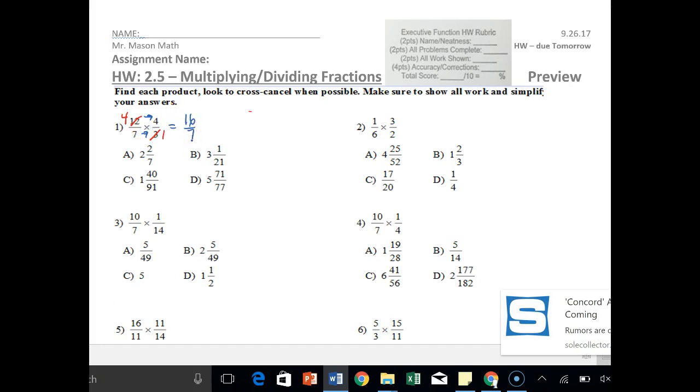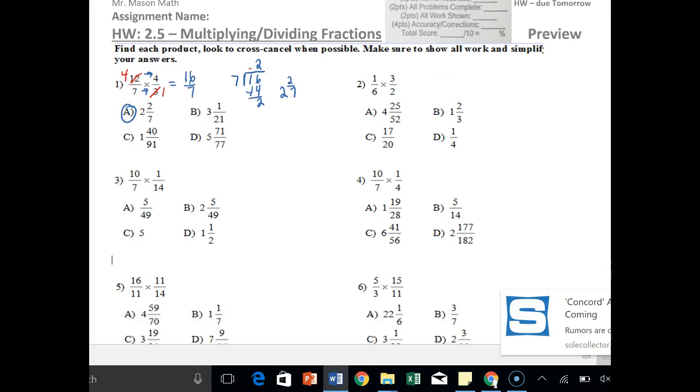And you're like, wait a second, 16 over 7 is not there? Obviously, because that's an improper fraction. 7 goes in 16 2 times, with 2 left over. So 2 and 2/7. A is your answer. I would pause the video if I were you right now and try and do number 2, just like I've